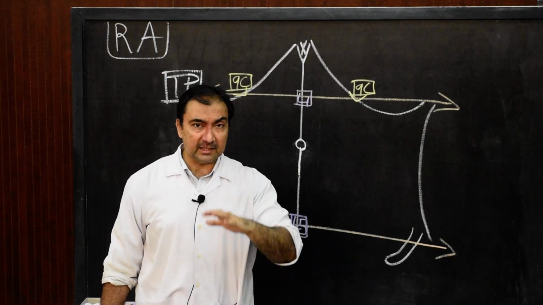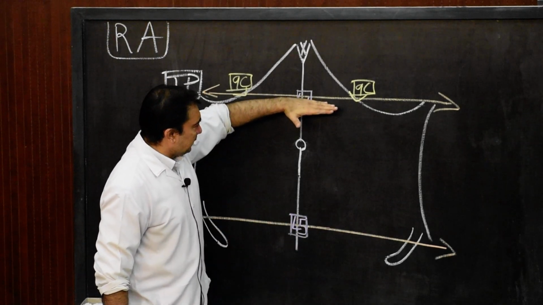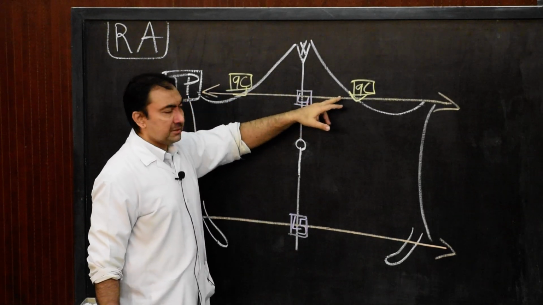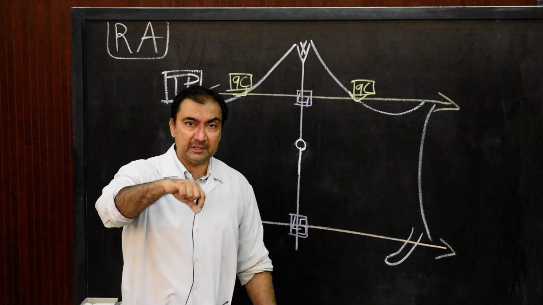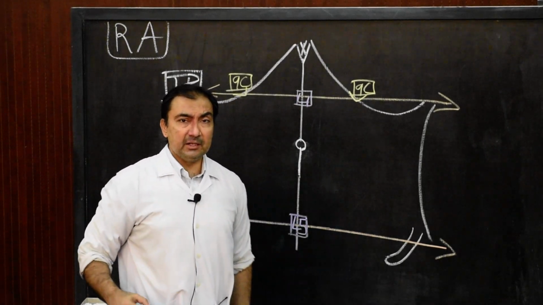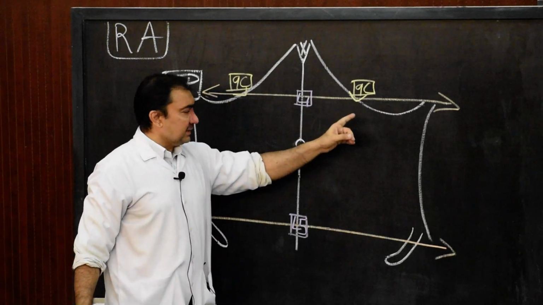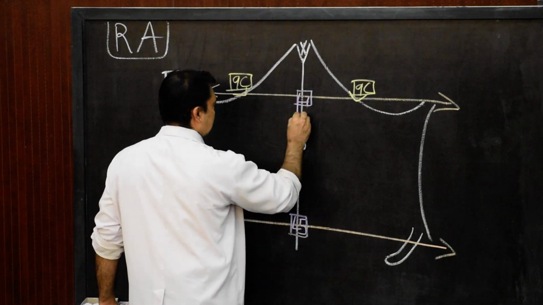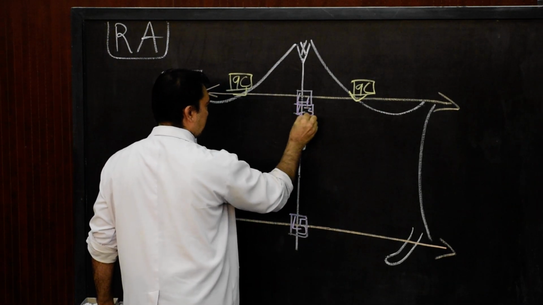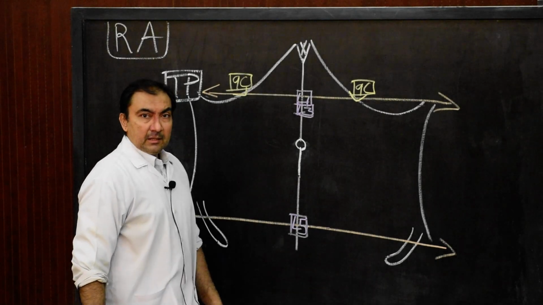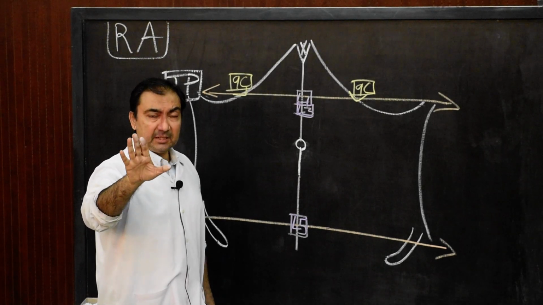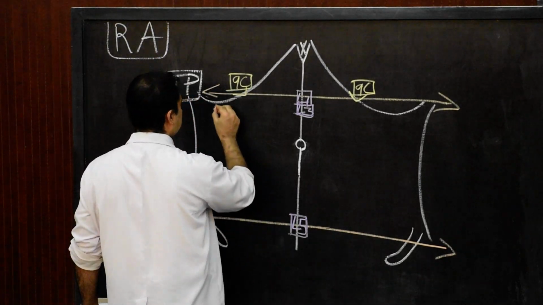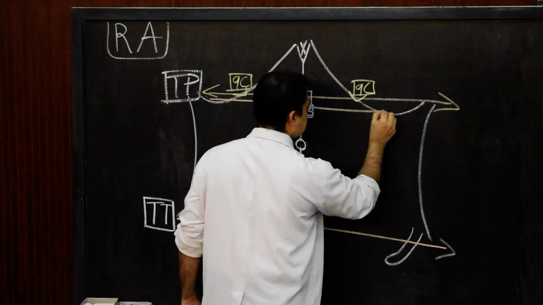So the two planes are, along with the upper horizontal plane, some scientists, they refer to another horizontal plane instead of transpyloric plane. And that horizontal plane, if they take into consideration, it will pass in such a way that it will cross L3 vertebrae. So it will be crossing somewhere here the L3 vertebrae, and that plane is called subcostal plane. So that subcostal plane now, here if I draw, this will be the subcostal plane.